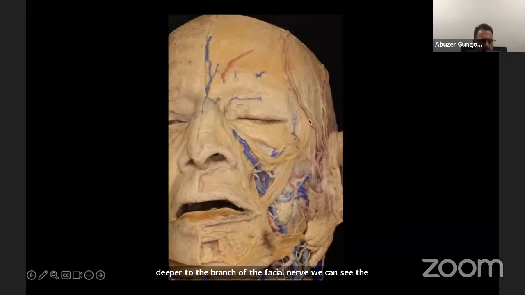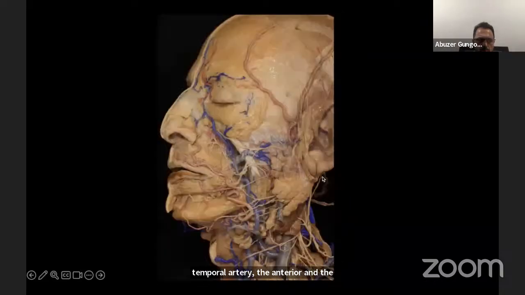We can also see, importantly, the superficial temporal artery, the anterior and the posterior branches. We have some deep musculature here in the face that we are looking at, but this is to look at the vascularization through the facial artery and vein